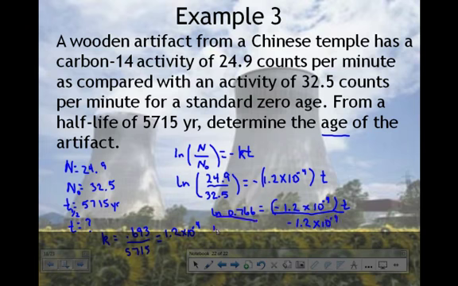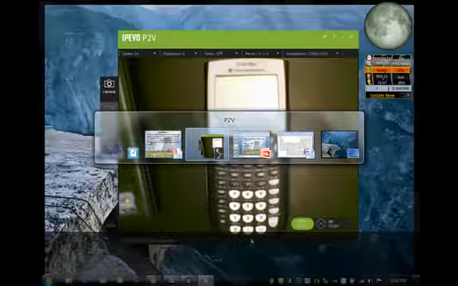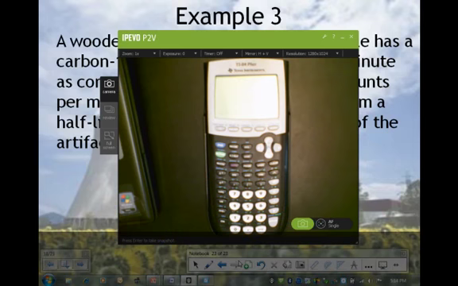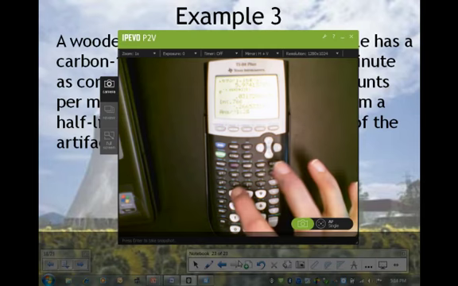Do that over here, 1.2 times 10 to the minus 4. Be careful how you put this into your calculator. We have to take the natural log of 0.76 first. So, clearing out my writing here real quick so you can see what I'm up to. The natural log of 0.766 is negative 0.2665 something something something. Now we're going to divide that by our negative 1.2 times 10 to the minus